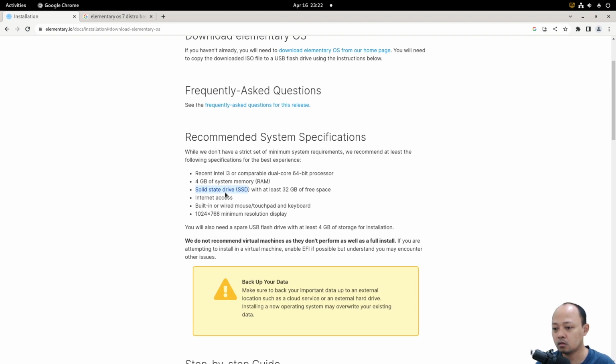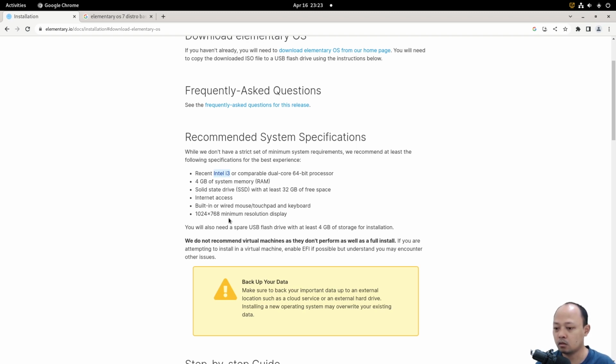And then the processor should be Intel i3 or comparable dual-core 64-bit. I think we can also use the AMD Ryzen 3 processor.